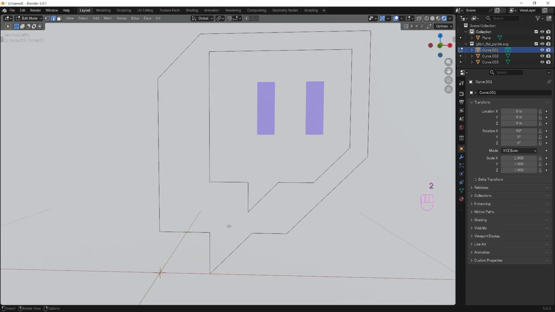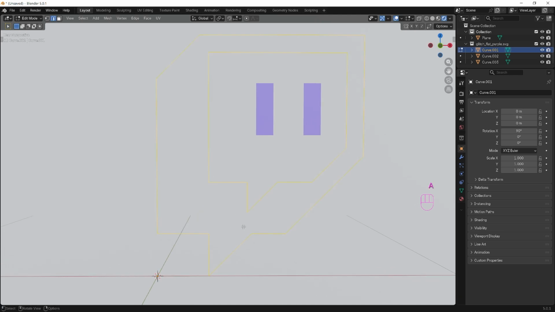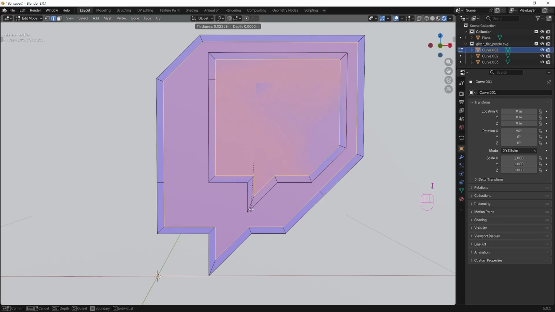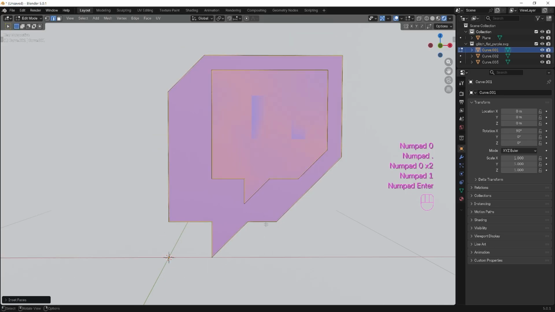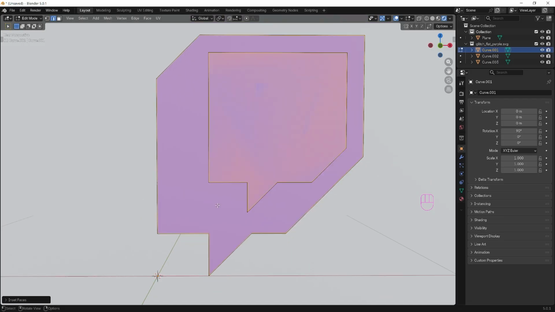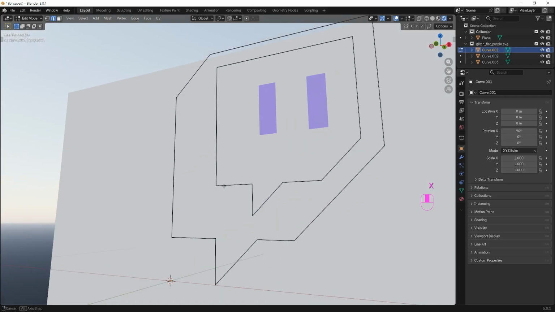But before filling in the faces, let's add some support edges to help us get nice clean edges along the outside of the face. So press A to select all, then F to fill these large faces. Then immediately press I to inset and type 0.001. As you can see, this creates a really thin border around the edge. With the large faces still selected, press X and delete them because we don't need them anymore.